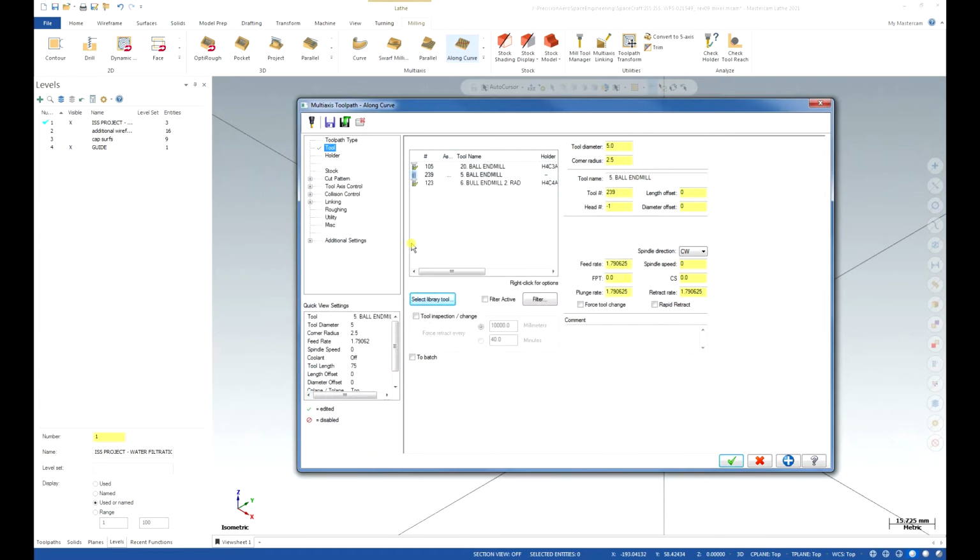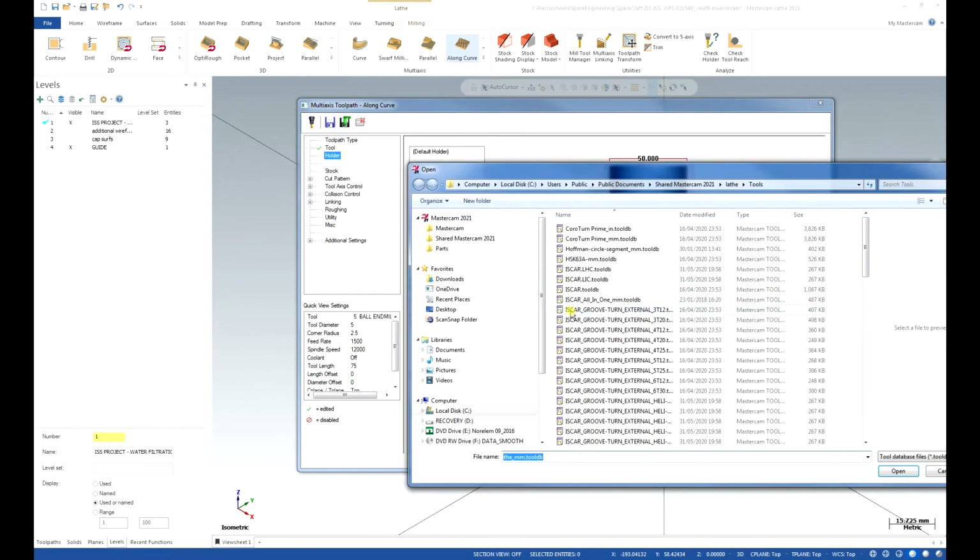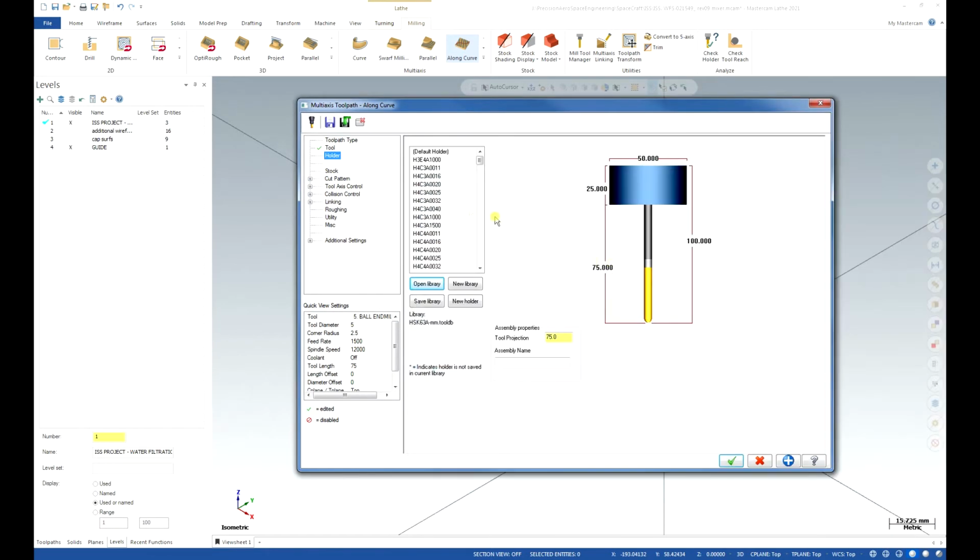Just let me change 4,000. And holder. Use this. And we are going to use this one. 50 mil stick out length,